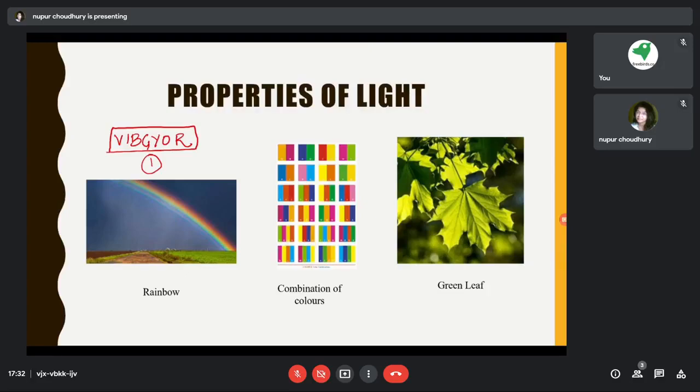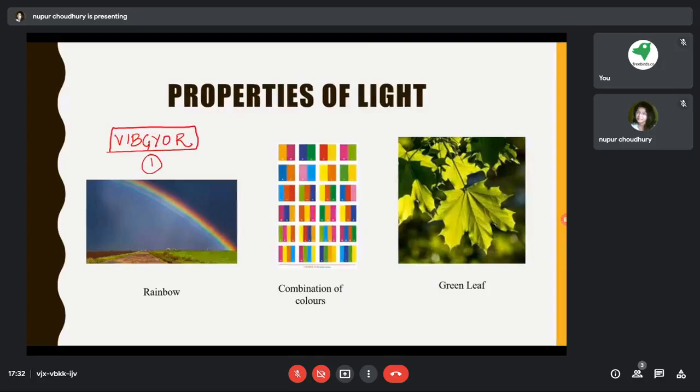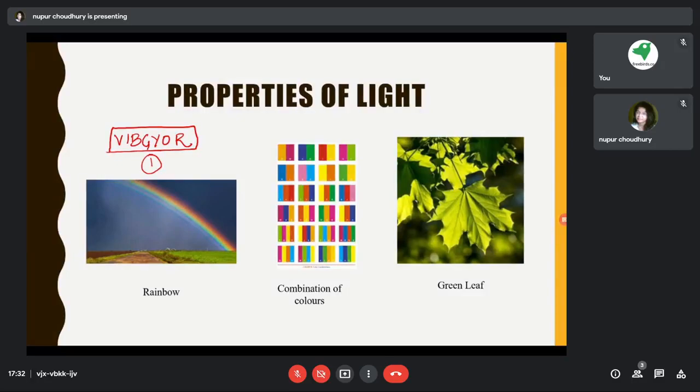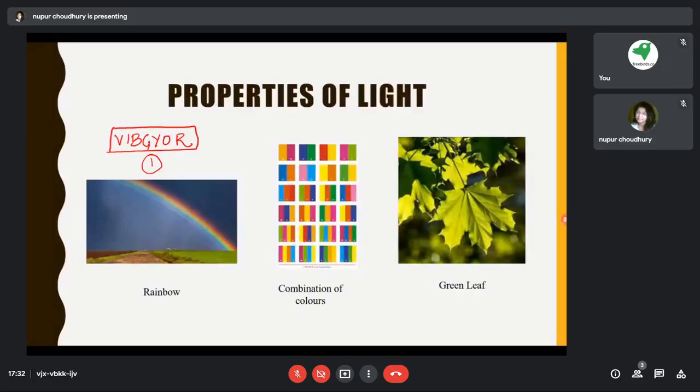So V is violet, I is indigo, B is blue, G is green, Y is yellow, then orange, and finally red. So all these 7 colors basically constitute your rainbow. The next picture, if you see here, is